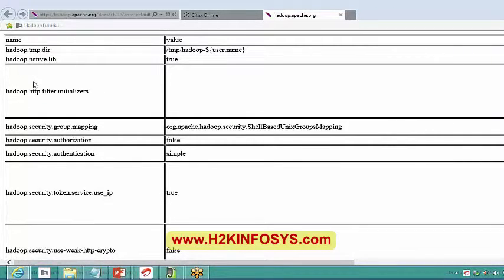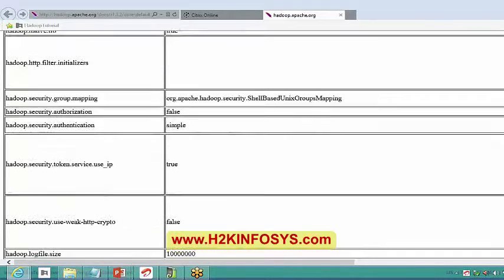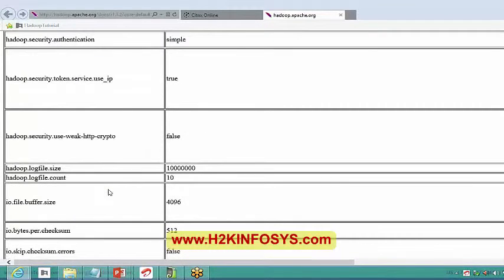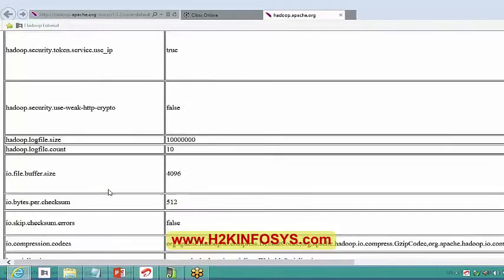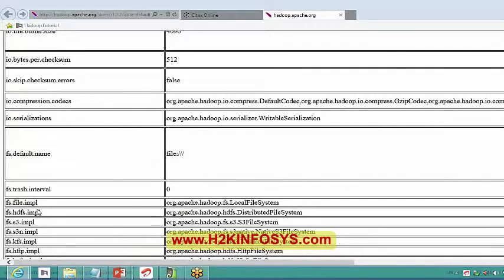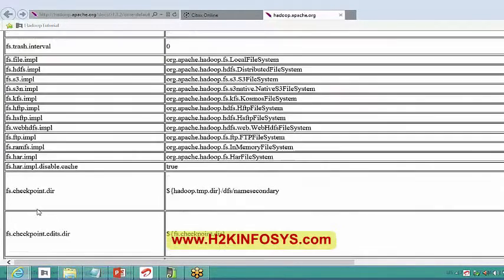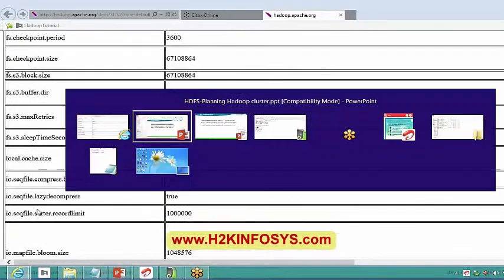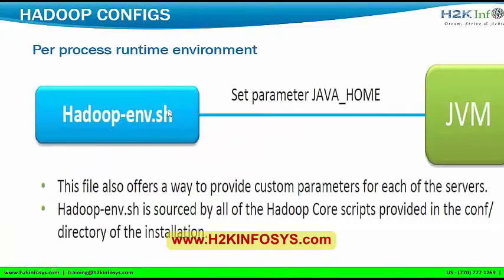Most of the times, wherever you install Hadoop, you might be seeing this one also. But all these are related to admin concepts, and admins are bothered about this. None of the developers are bothered about these things. Again, this is the one, fs.default.name. Most of the times we will come across this also. So you can very well connect to these and check what configurations you have.